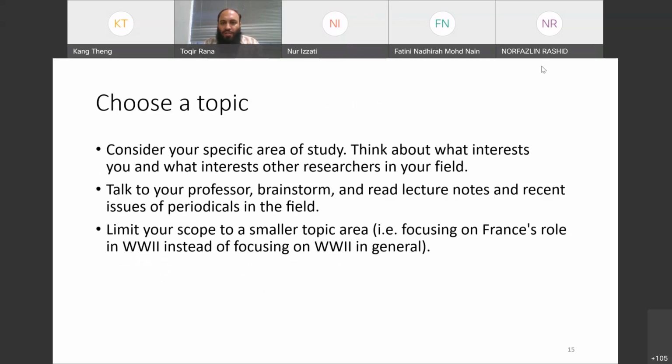So let's confine yourself to a specific area of study. You need to think about what your interest is and what the interest of the researchers is. It's not necessary that you are good in every area of research. For example, if you ask me, maybe I am not good on the network side because that is not of my interest. So I don't need to go to that particular domain because I have identified my research interest. Now, obviously, it could change with the passage of time, but you have to show